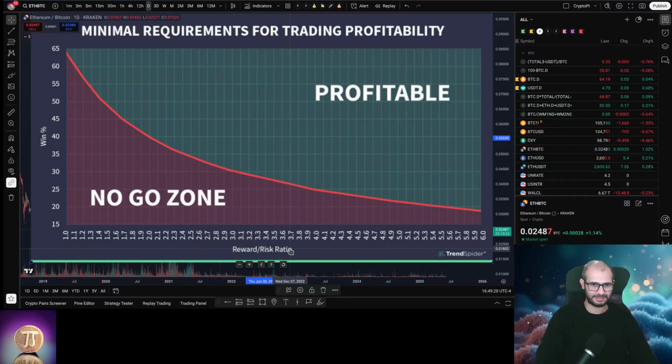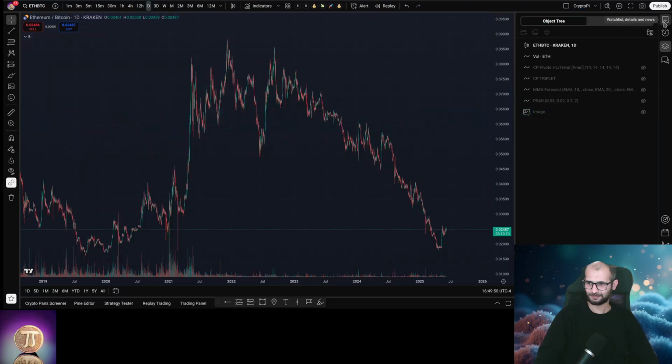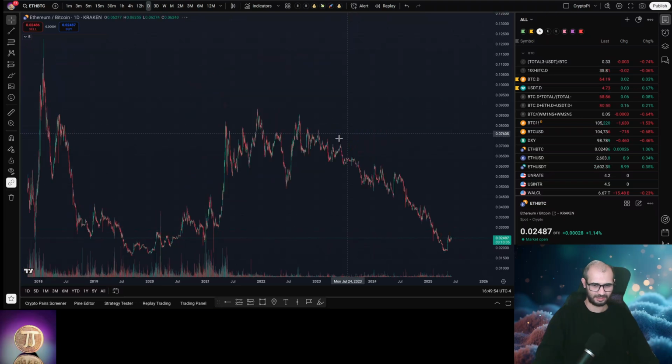I would like to show an example of win rate versus reward risk ratio on the Ethereum asset in the Bitcoin pair, or in the Bitcoin market. Let's hide the image first and let's do some technical analysis here. Great. So what we see here in this session is the daily time frame, Ethereum in the Bitcoin pair,